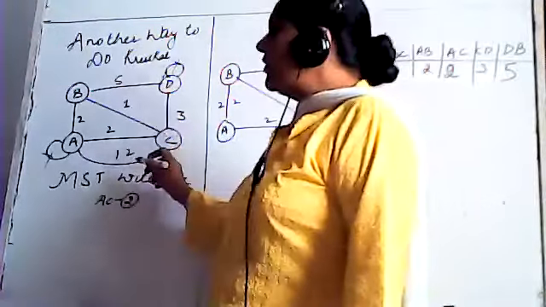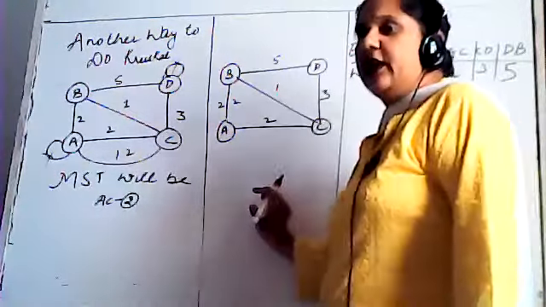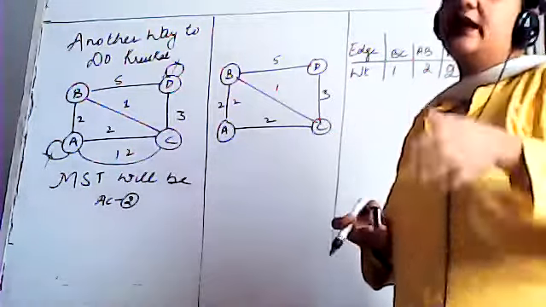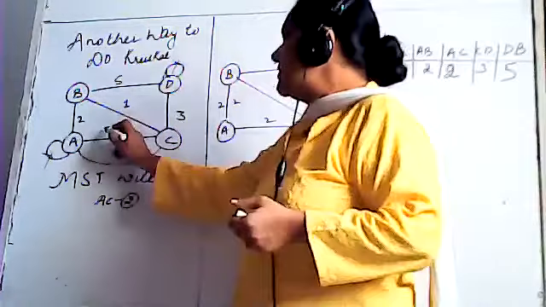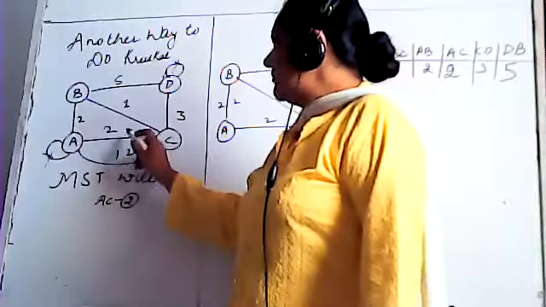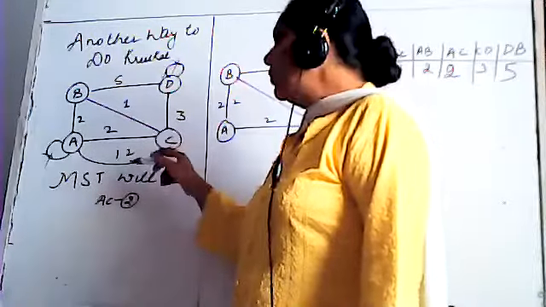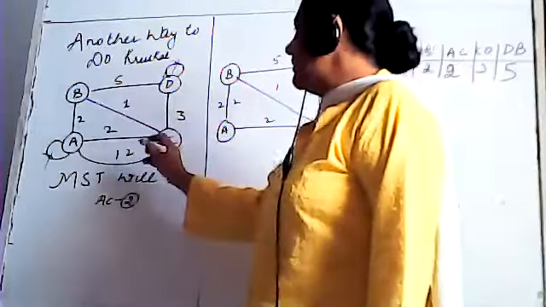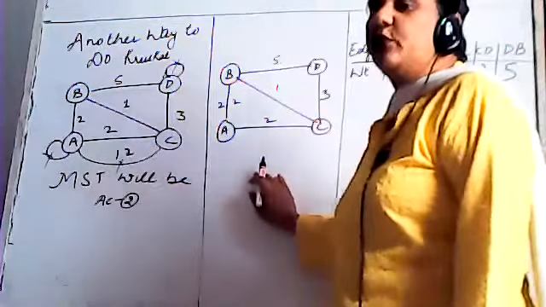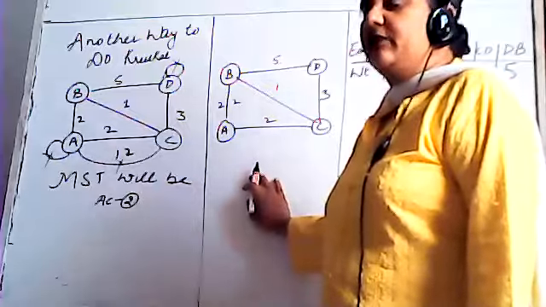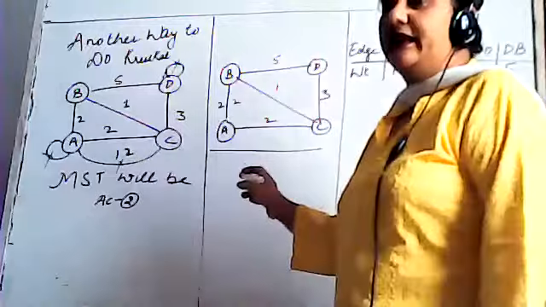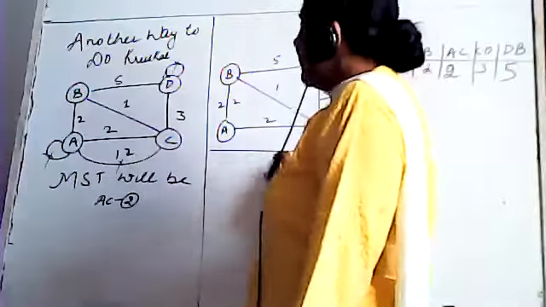Second rule is to remove the parallel edges. When there are two edges between the same vertices, then you have to keep the edge with the least weight. See, here the edges are with weights 2 and 12. We have to keep the edge with the least weight and we have to remove the edge with the more weight. So I'm going to remove the edge from A to C with the 12 weight. Fine. So after removing loops and parallel edges having more weight, we are left with this graph.